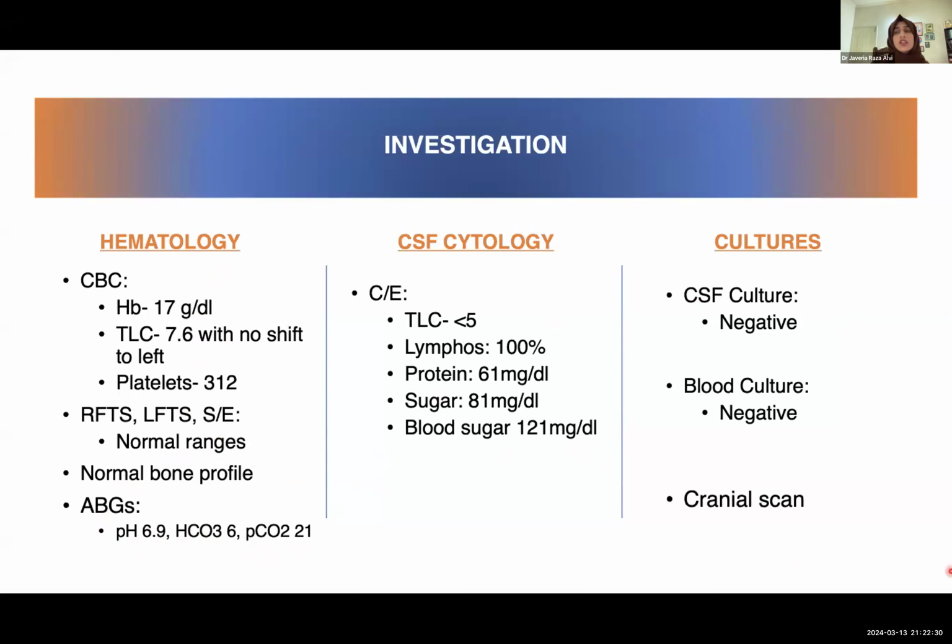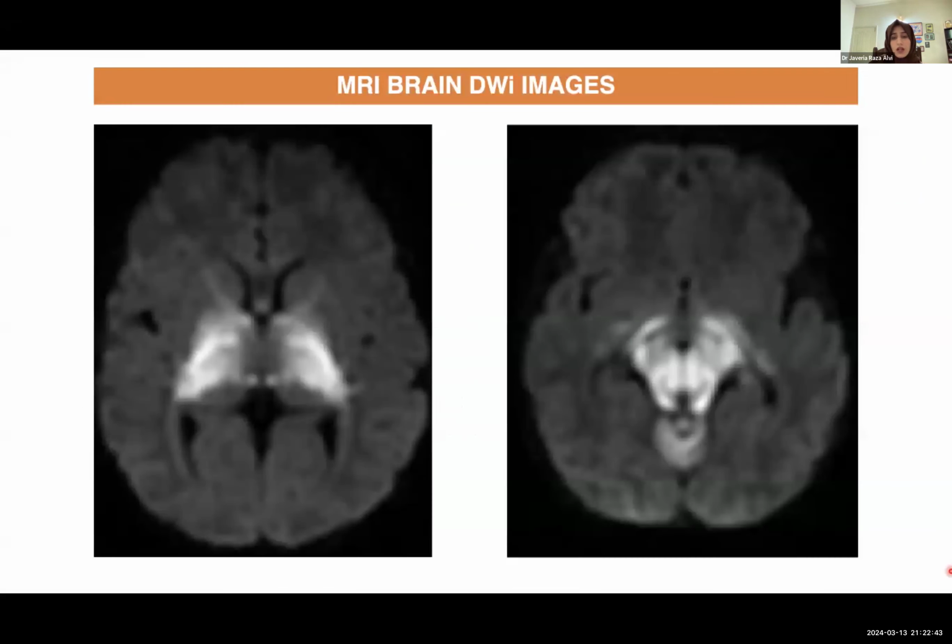Meanwhile we got a cranial scan, which actually showed effacement of the sulcal gyral pattern, and there were echogenic foci mainly in the thalami. So we went ahead, and after stabilization, when we could move the child, we got an MRI brain, which actually showed, if you see, signal alteration in the posterior limb of the internal capsule as well as the thalami and in the midbrain.